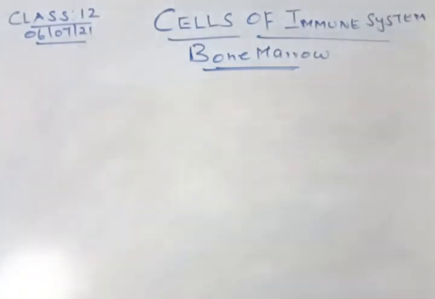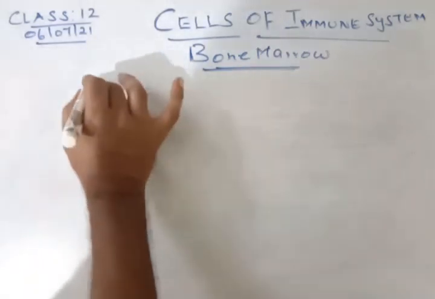You can refer to them afterwards. I'll just give you an easy way of understanding all the cells involved in the immune system. We have already studied them, but still. Now, the bone marrow has the potential of producing all the cells in the immune system. So bone marrow consists of pluripotent